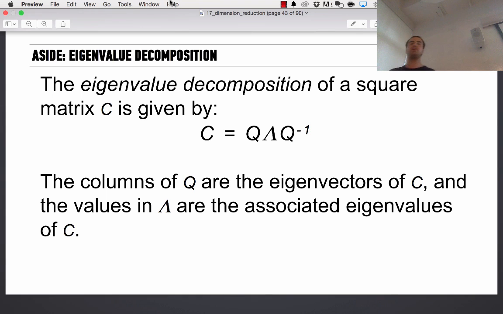The columns of Q are the eigenvectors of C, and the values of lambda on the diagonal are the eigenvalues of C.